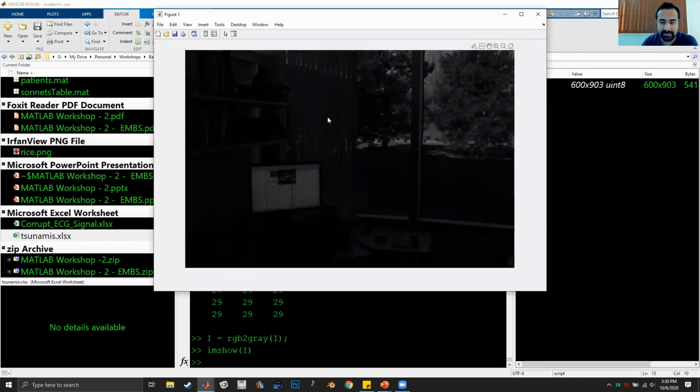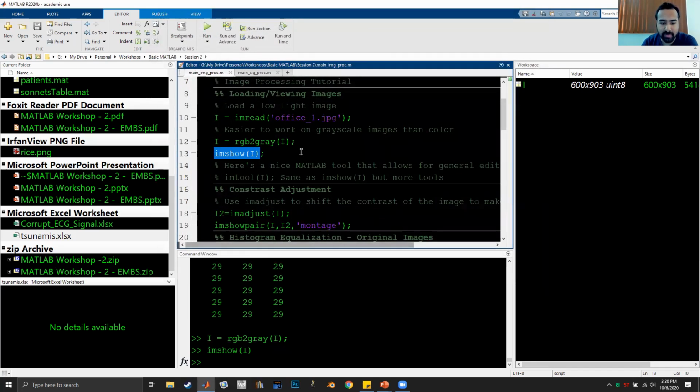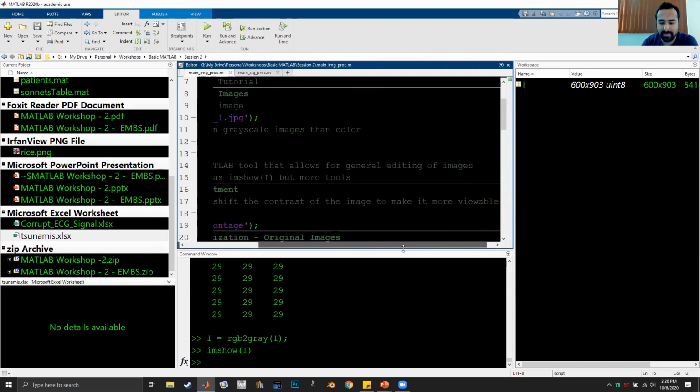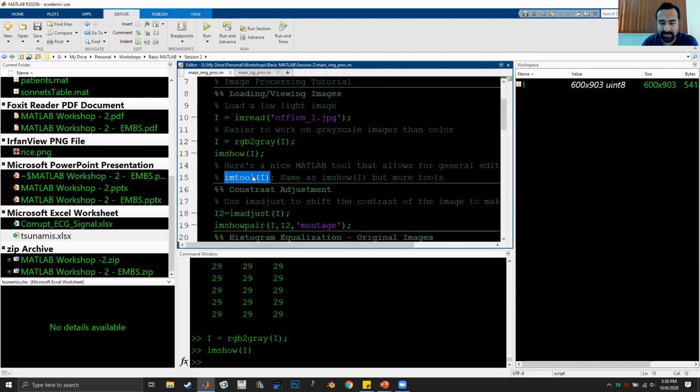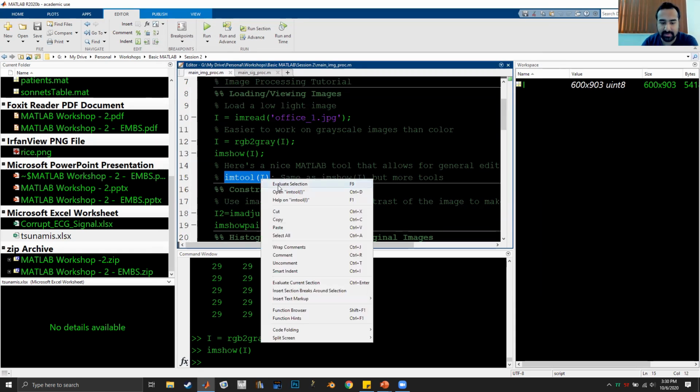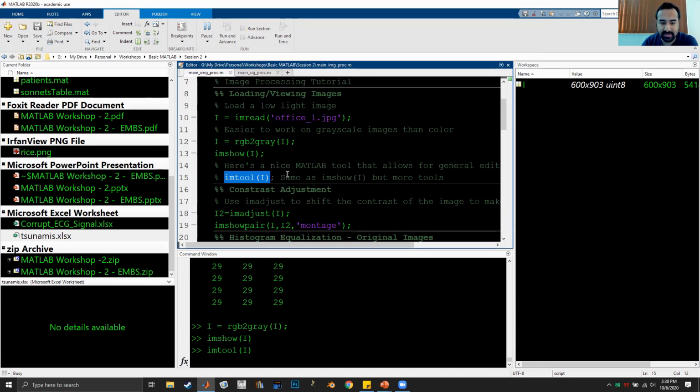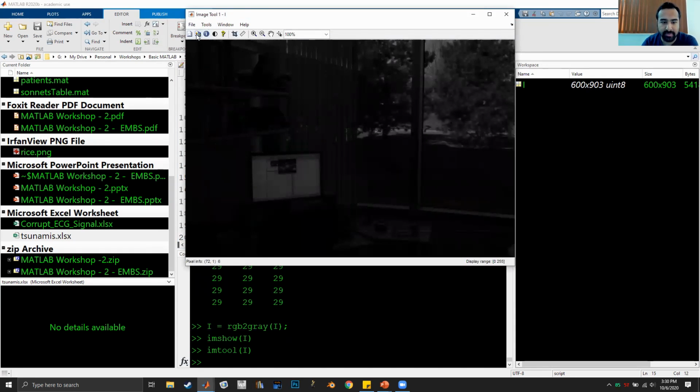And you see a nice little dark image. Now, one thing I want to show you guys is this tool called IMTool, which is a general all-purpose image editing tool that MATLAB has. And the way it works is you just give it the image as an input, and that's it. So if you run this, you should see this little tool come up. And this tool lets you, for example, measure distances in pixels